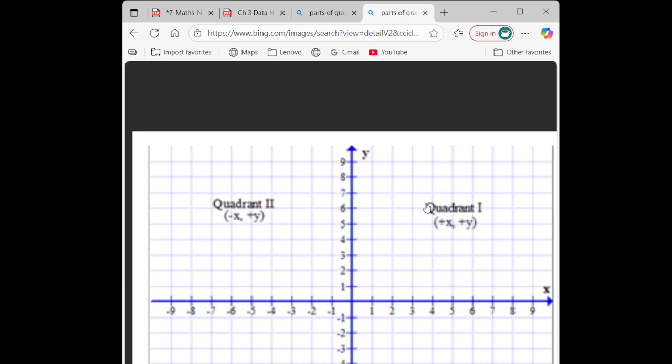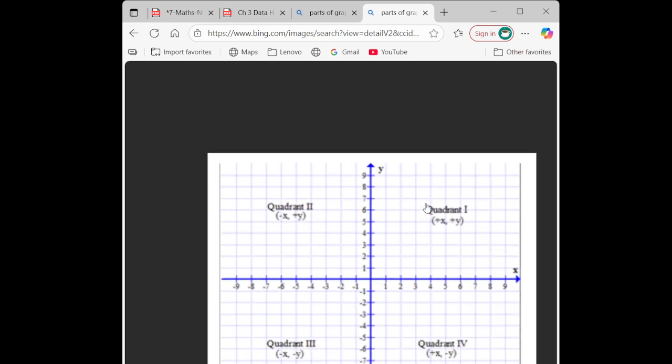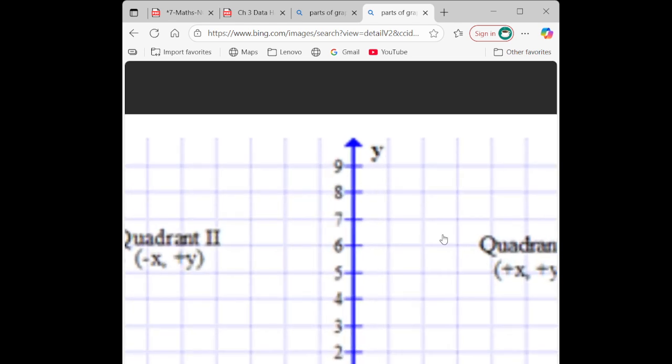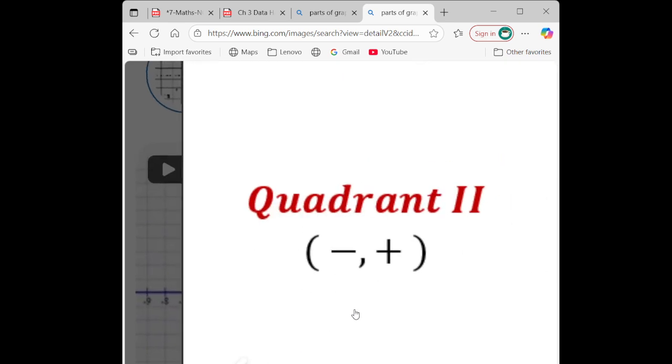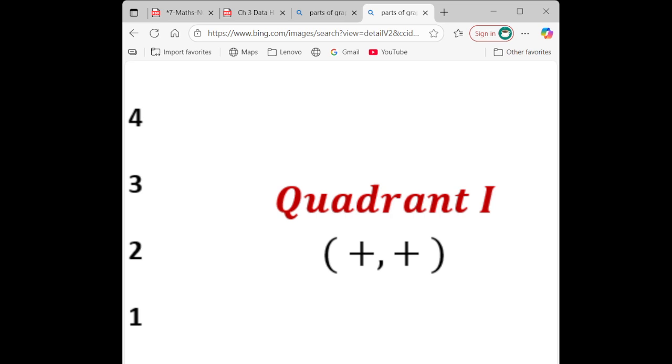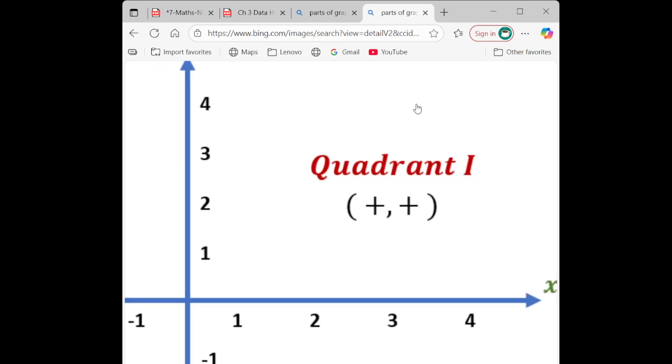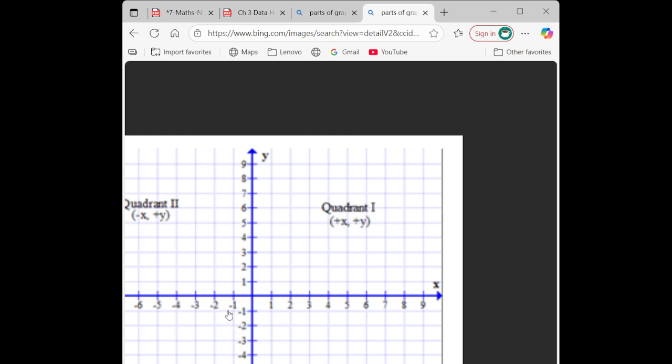Basically, for drawing the graph, we use the first quadrant, where both x-axis and y-axis are plus, and we will be using only this portion to draw the graph. Here we will always write 0 because that is the origin of it,